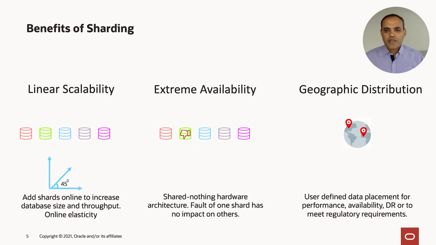The third big reason why customers use sharding is for geographic data distribution. As I said before, there are a lot of country-specific, region-specific requirements. For example, US data should stay within the geographical boundaries of the United States. European Union data should stay in the EU. Asia-Pacific data could be country-specific and needs to stay there. Now, with sharding, we can deploy these shards across the globe in many regions. And from an application point of view, it seems like a single logical database. As I said before, from an operation point of view, it is a single logical database. The application automatically gets routed to the right node where the data is residing, honoring the data residency requirements.